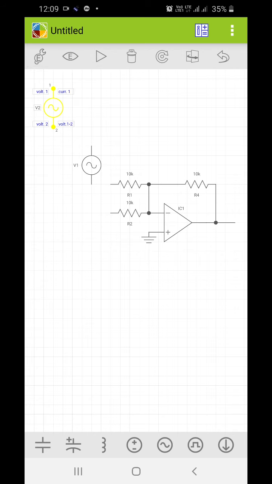You can also take AC voltage sources, but I'm making it simple. I'm taking DC voltage sources. Again one DC source I'm connecting, and these resistances are to limit the current which is flowing through this voltage source.